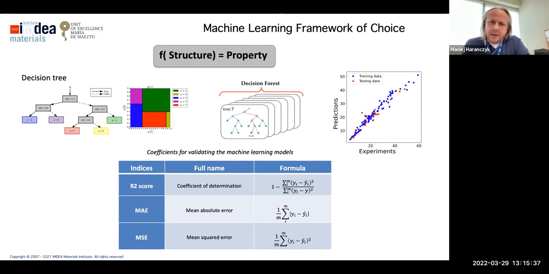So what is the advantage of using decision trees? It basically has a proven track record for medium-sized problems in chemistry, like the ones that I will be presenting today. The disadvantage of this method is that we have to spend some time developing new features or new descriptors that are appropriate for the problem. I want to mention it, especially in the context of what is going on. There are other techniques available.